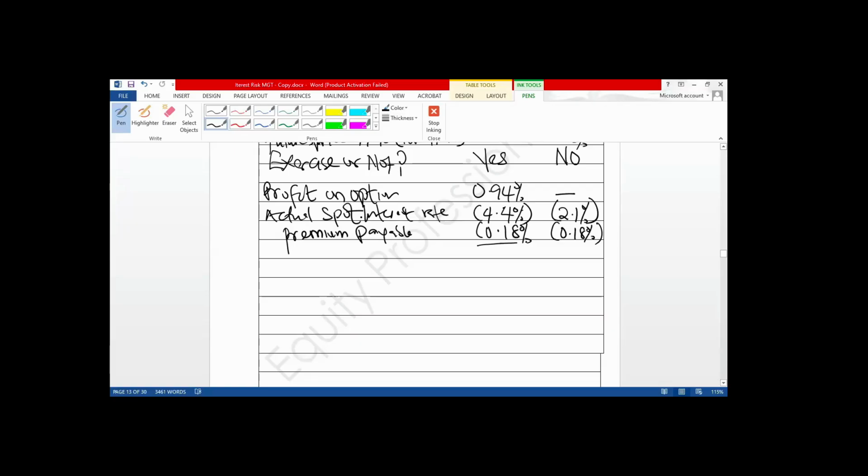You can calculate your rate now. Here you have 0. Positive 0.49, negative 4.4, negative 0.81. Please work this out. That will give you the effective loan rate. Work this out. This should give me 2.28%.